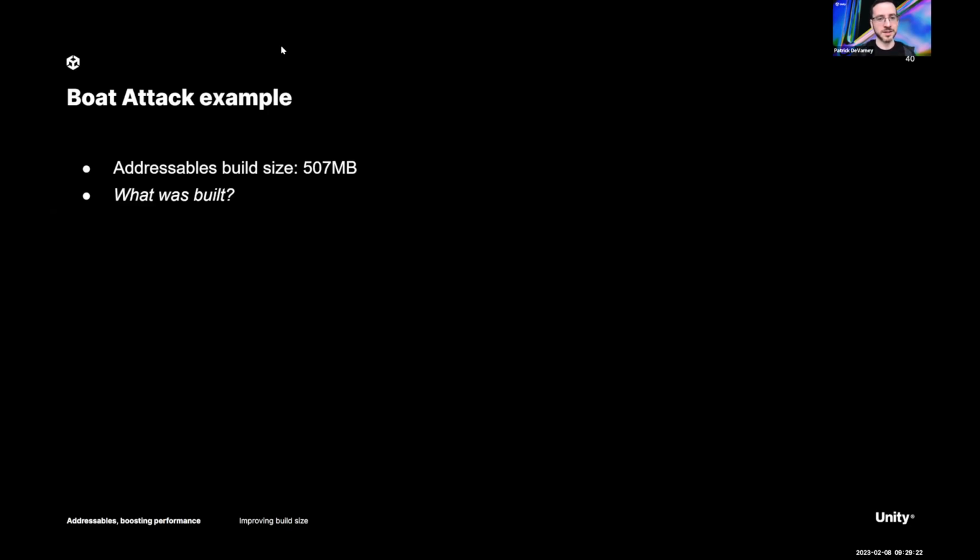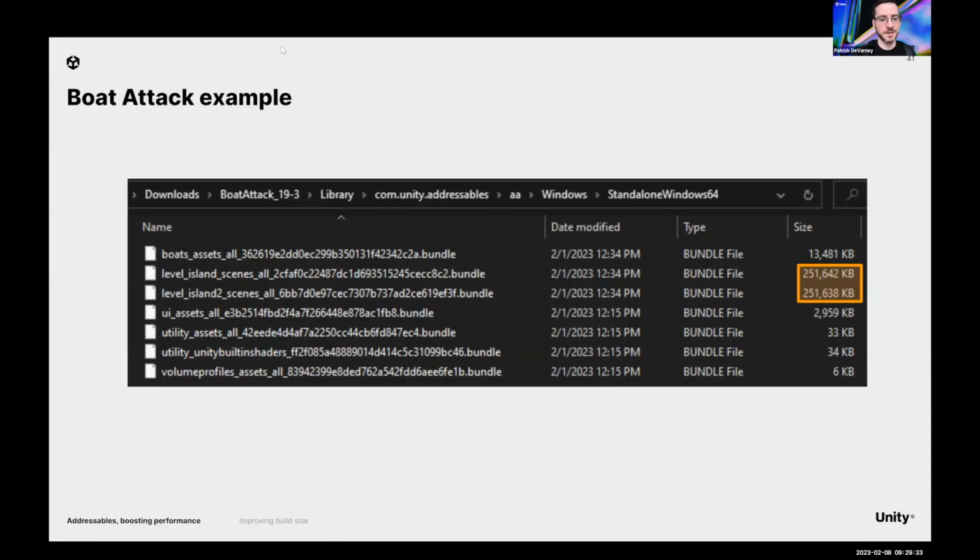So if we build our content, we end up with about 500 megabytes on disk. This is building for PC. But what was actually built, and can we reduce this size? We can view our bundles on disk. If you build your addressables content while you're in the editor, it'll end up in your library folder, which is where these are. But if you build your content for a built game, it'll end up somewhere in your